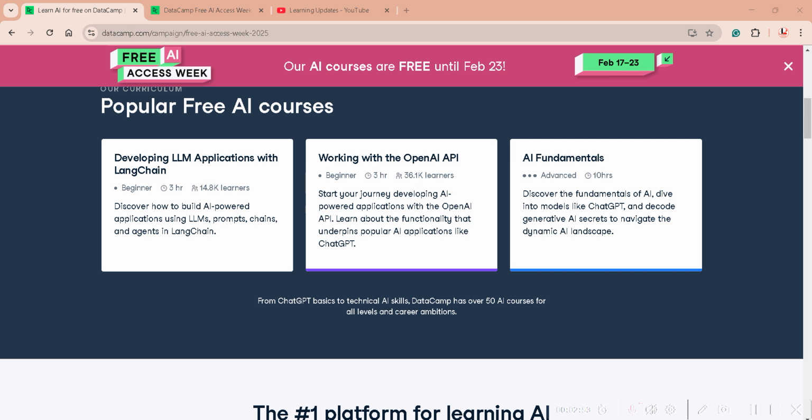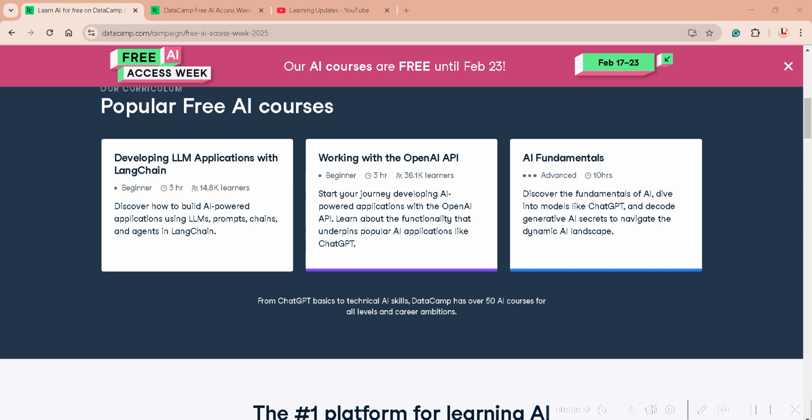So what are the benefits of enrolling in courses from DataCamp? You might be wondering, why should I choose DataCamp for education? Well, it has a beginner-friendly approach which always carries forward through this learning portal. DataCamp is renowned for its ability to make complex topics accessible to beginners. These courses are designed to ease you into the world of AI. Even if you have zero prior knowledge, you can use these courses and enhance your skill sets.